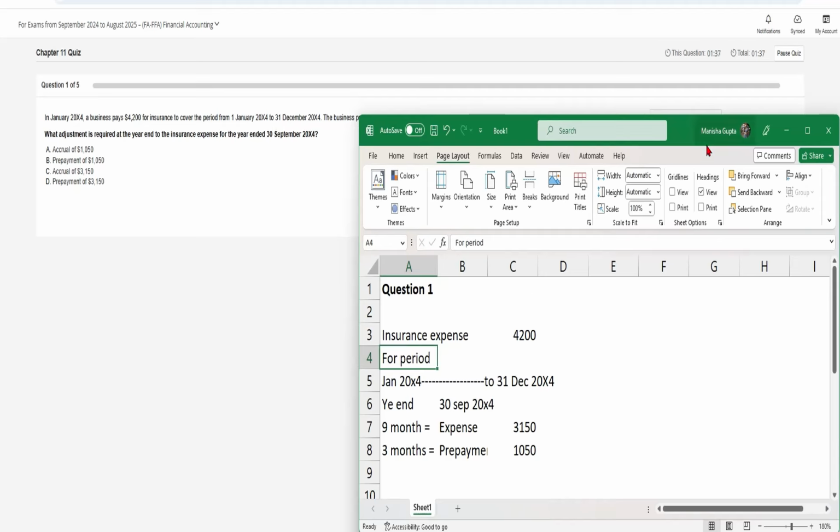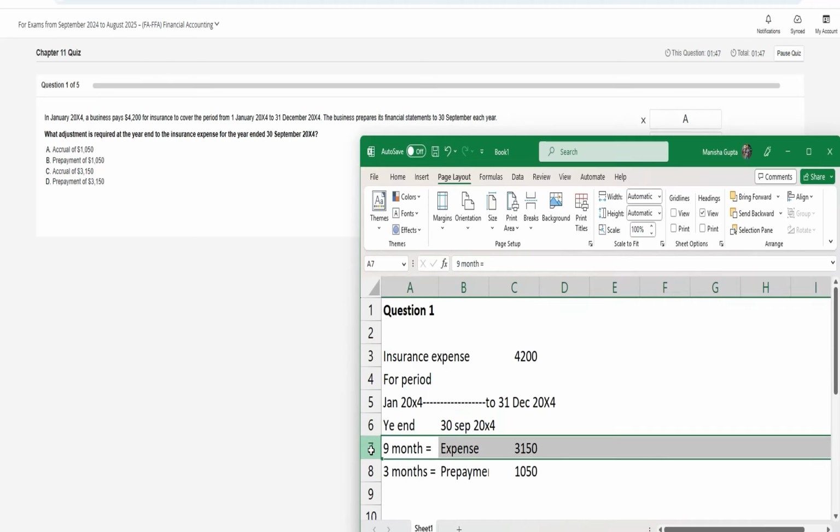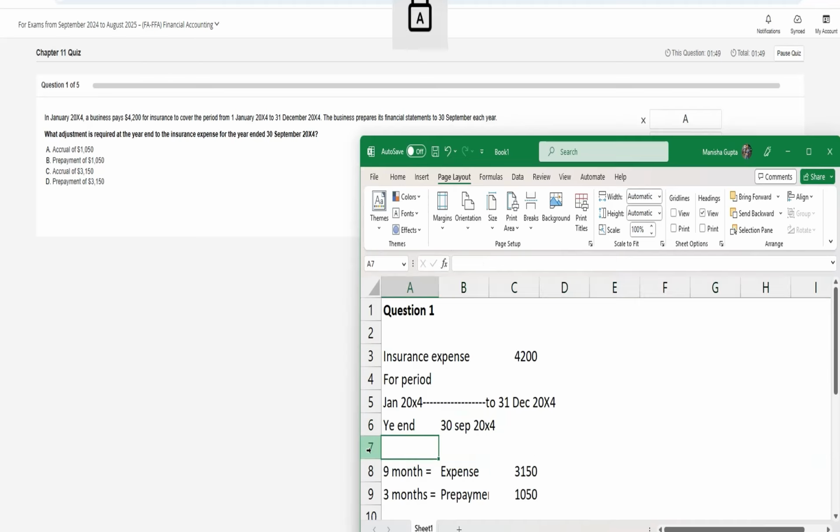But wait, you need to check your year end. Our year end is 30 September. So what will be our full accounting period? Our accounting period will run from 1 October 20x3 to 30 September